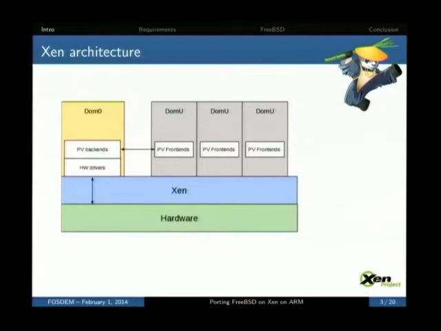When we start a DOMU, the DOMU doesn't have any emulation, so it needs to have a paravirtualized driver. The paravirtualized driver is used for the block device, so for the hard drive, and for the network. There is a frontend, a driver in the guest, which talks to DOM0, which has the backend. It's a ring buffer. The guest will just ask DOM0 for some data, and DOM0 will just give the data to the guest. To say there is an event, we have an event channel. It's a Xen event to say there is new information, so you can read the ring buffer.